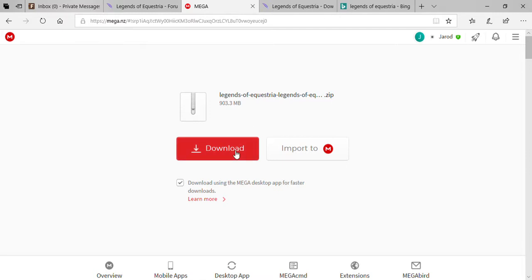All you have to do is click download. It'll take some time, and I've noticed that no matter what internet you are on, Mega seems to take a little bit longer than normal downloads. So I would just let it sit for a while. Then you go in and